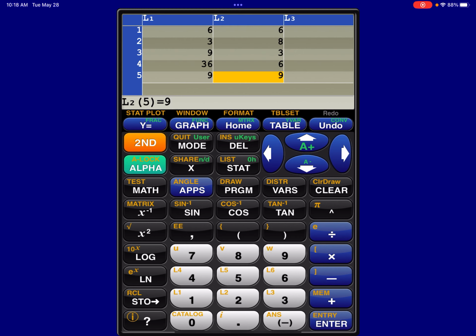Okay, and we'll change this one, might as well. All right, so we have L1 and L2. These columns are used for calculations. You press stats again,